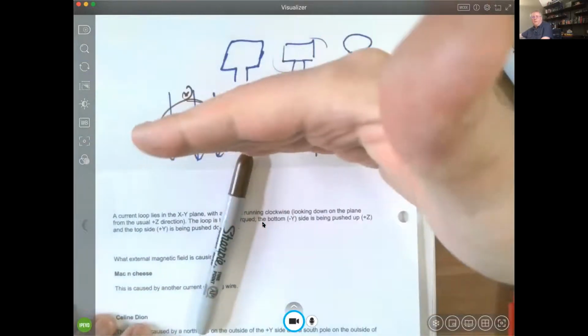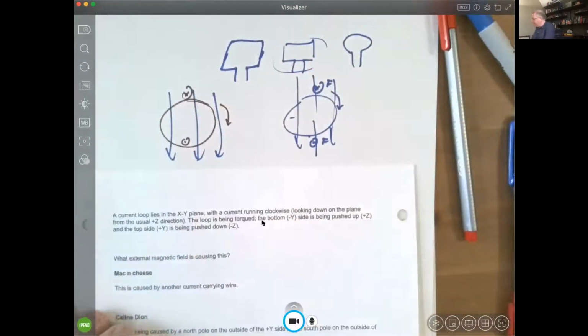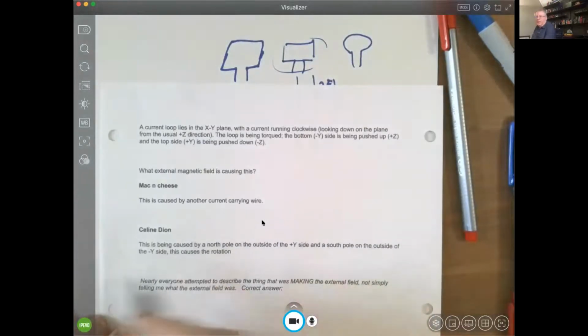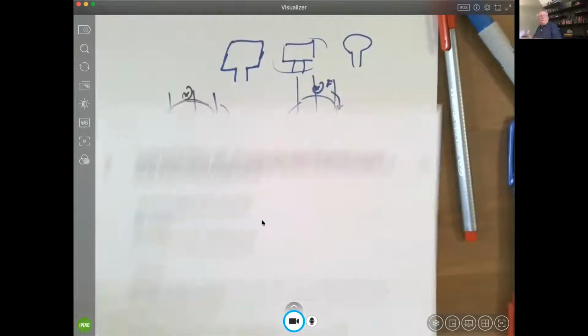So that means the B field must be in that direction. Okay. So a lot of you were trying to go too complicated and tell me how to make this field. I just want to know what the field was. So